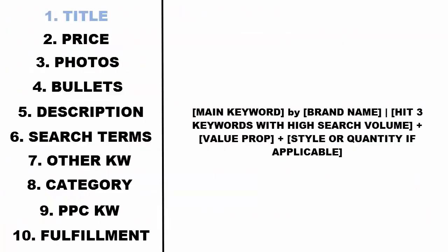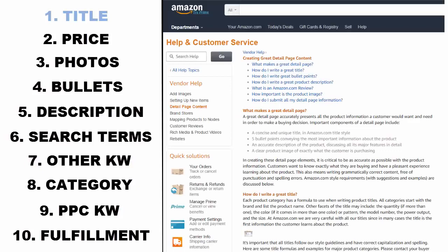Also, this won't lead to being de-indexed, but I would say use proper grammar and spelling, and it should be very easy to read and understand. Also, if the title exceeds your allotted character count, you guessed it, de-indexed. This is real money. And before you finalize the format of your title,